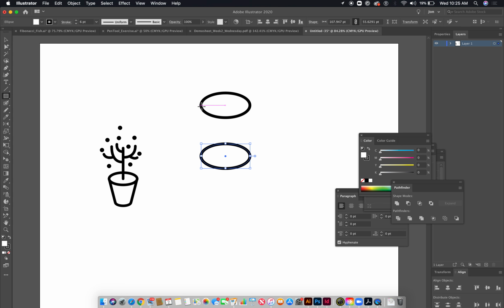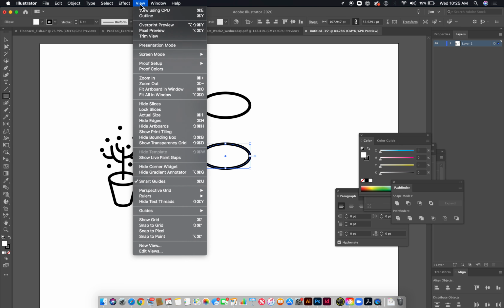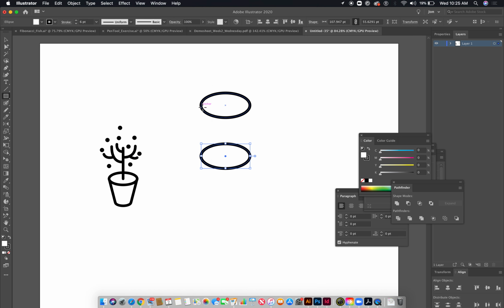I have Smart Guides turned on, which is under View, Smart Guides, or Command U, Control U on a PC. If I put my cursor over this anchor point and drag across diagonally until I hit the anchor point on the opposite side, at the bottom ellipse, you can see that it connects it completely from this anchor point to this anchor point. Then if I select over these two shapes, the ellipse at the bottom and the rectangle, and unite them in Pathfinder, or with the Shape Builder tool, I could drag through the two shapes like that to